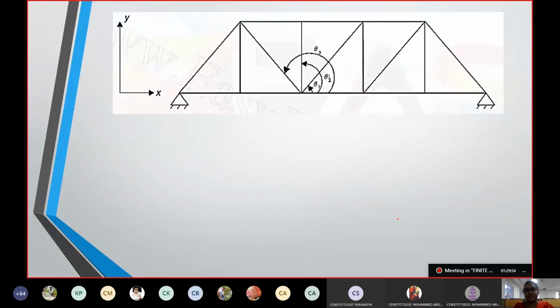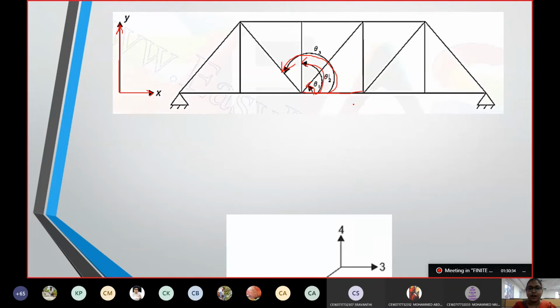Suppose this is the truss element I have. Now in this truss element, for the inclined element, this force distribution can be taken in the x direction and in the y direction. For that, this is the format we follow. From our x direction, we keep going to take the values of theta. Depending upon that, we will derive the stiffness matrix for the member.